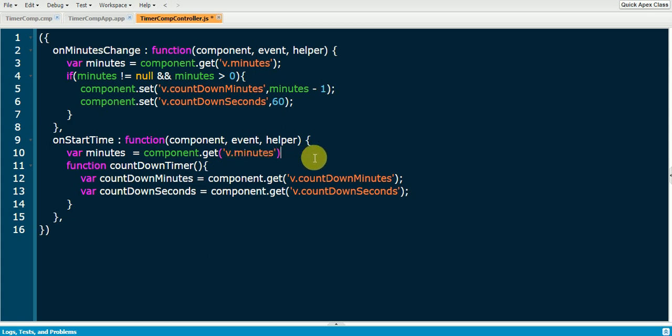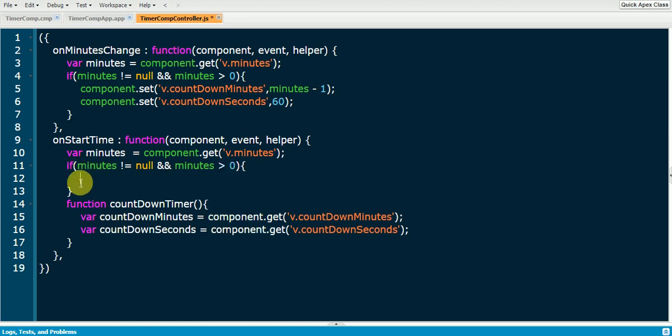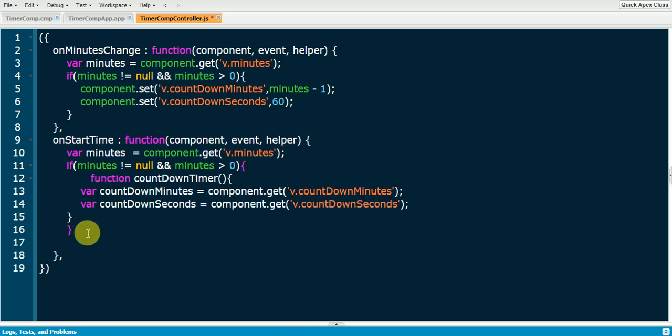Here we're going to check if minutes is not equal to null and minutes is greater than 0, then only we're going to call this function. Else I'm going to throw an alert statement asking the user to enter minutes: Please enter minutes.